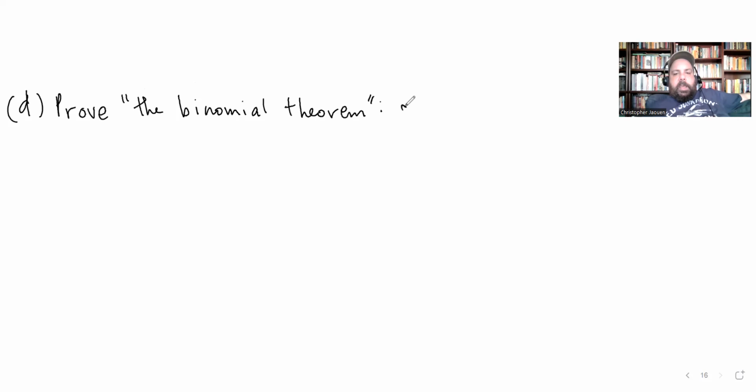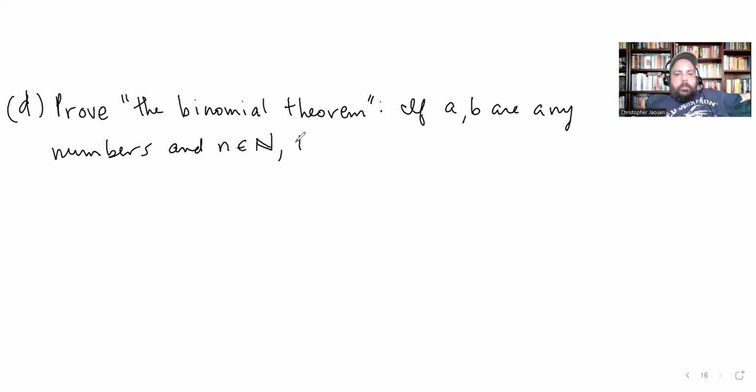Right, which says if a and b are any numbers, and n is a natural number, then a plus b to the n